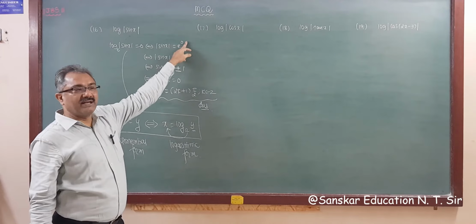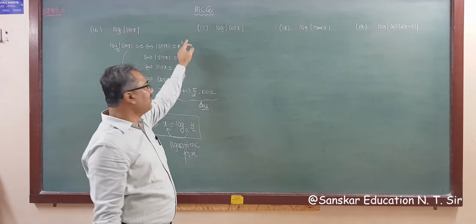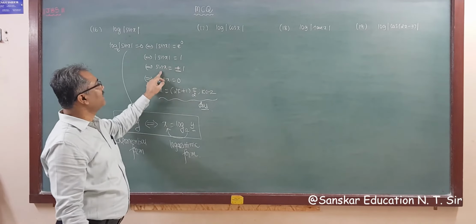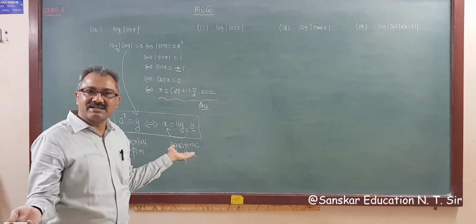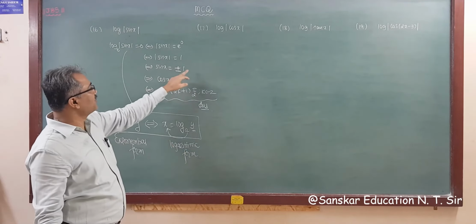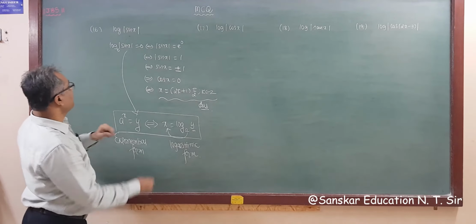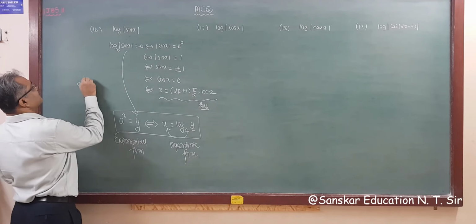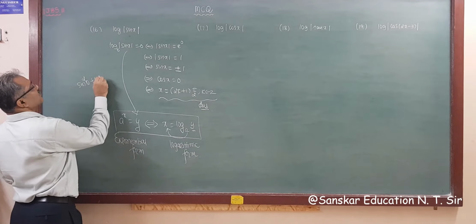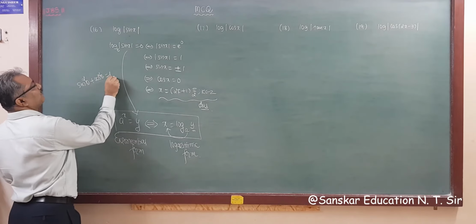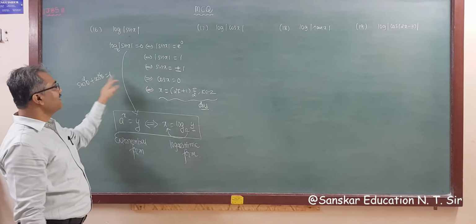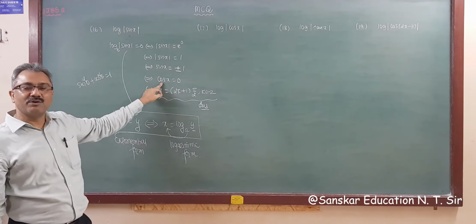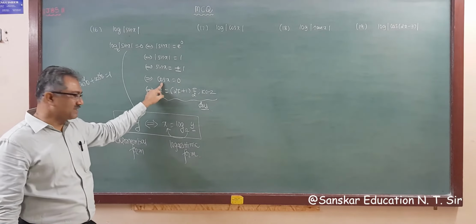So e raised to 0, anything raised to 0 is 1. So mod sin x is equal to 1. If you remove the modulus function, then sin x is either plus or minus 1. Then from sin square theta plus cos square theta is equal to 1, if you write plus 1, the answer is 0, minus 1, then the answer is 0. That is, cos x is 0. Then you have to write the set of zeros of cos, right?